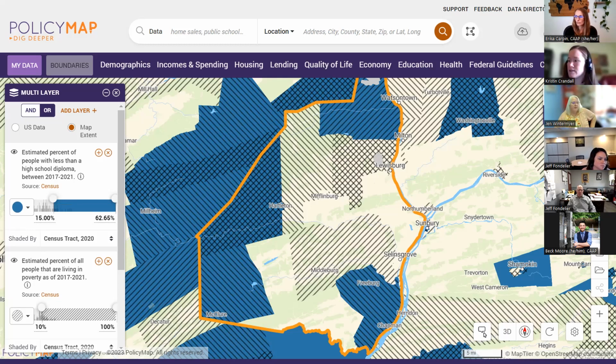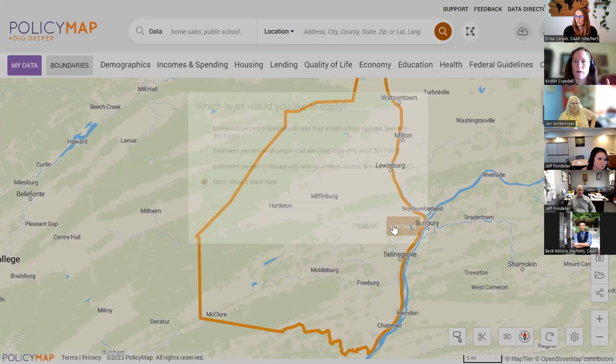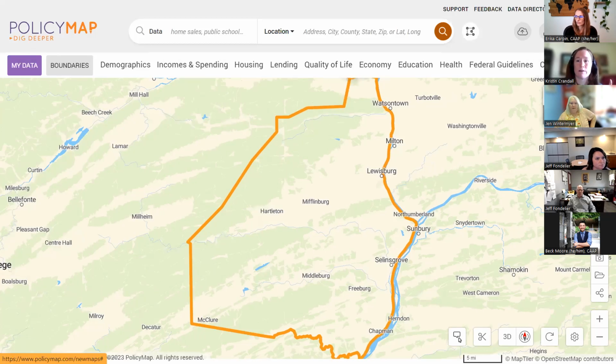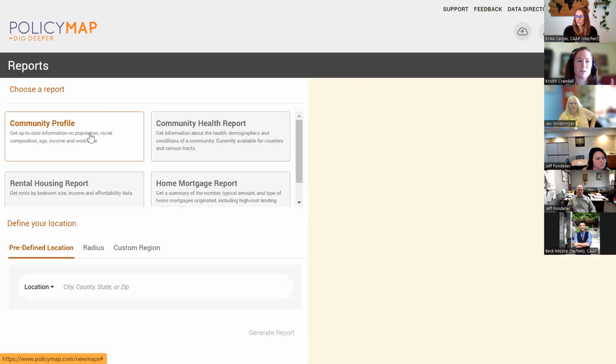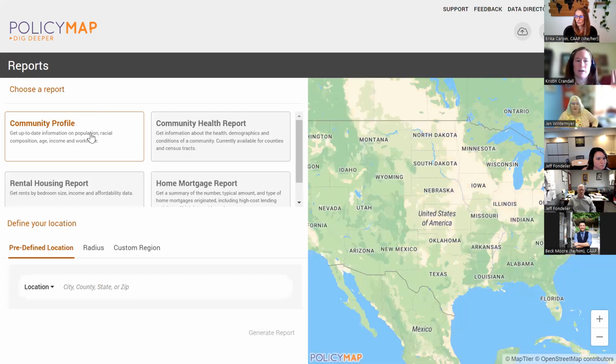So that is the multi-layering. I won't show you all the reports, but there are pre-canned reports that are available. So there's a community profile that's really helpful if you want just an overview of a community and how it's changing. So if you create a radius region and you want to find out how the community is changing, you could do that. And then for those of you that are more focused on health,